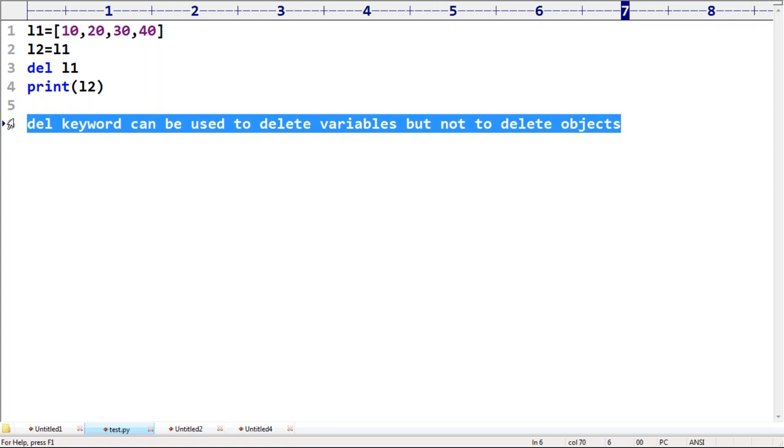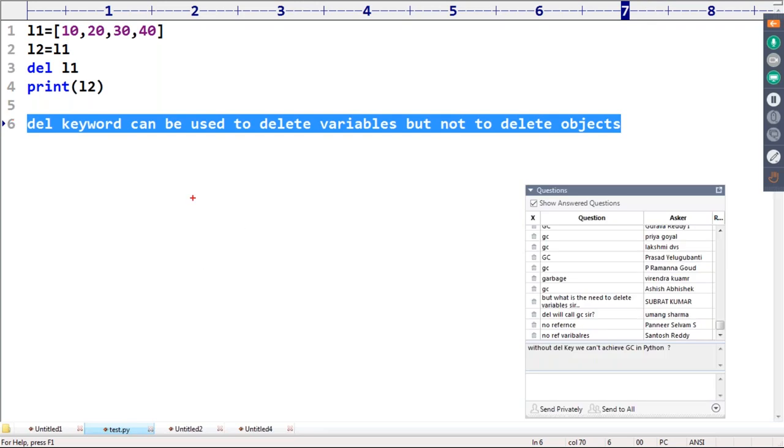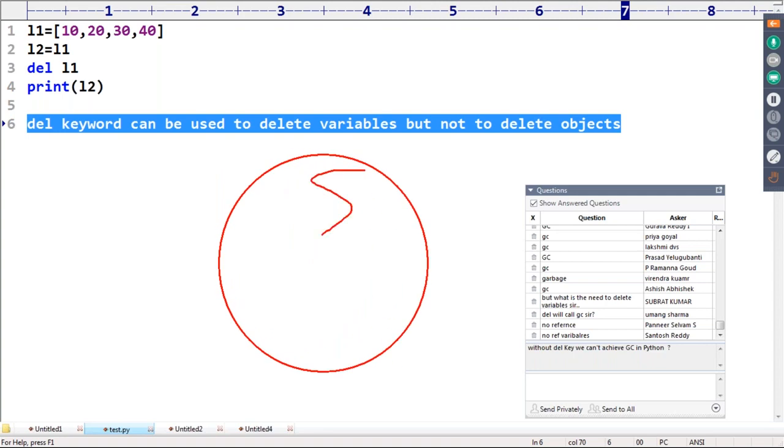Now, when will the object be destroyed by the garbage collector? If the object does not have any reference variable, not even one, then it becomes a useless object.